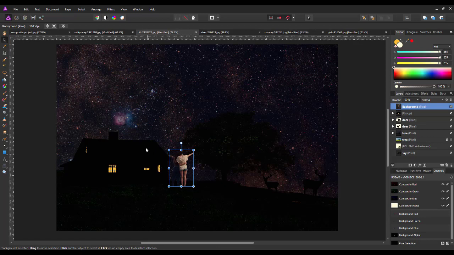Now obviously they need to be a lot smaller. You don't want them to be bigger than the house. Right, I can always resize them in a little bit. Let's first of all rename this to girls,